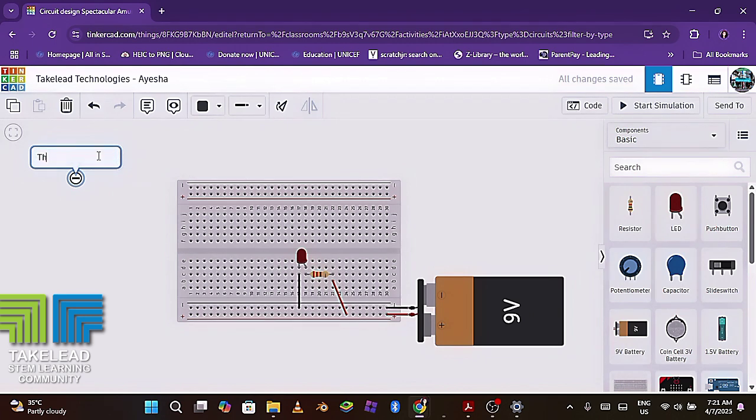So I can just write something. This is a simple project. It's not aligning properly, so let's write it up, then it aligns on its own. So we write, this is a simple project,